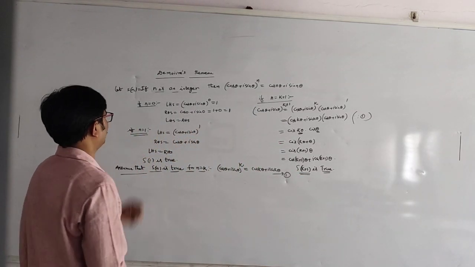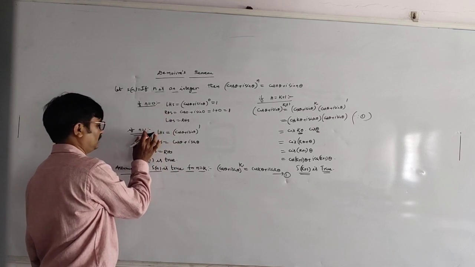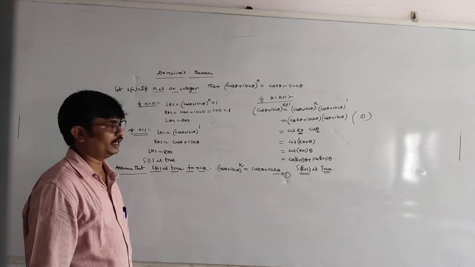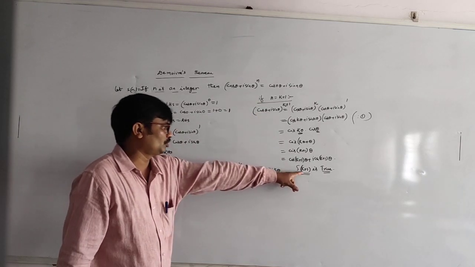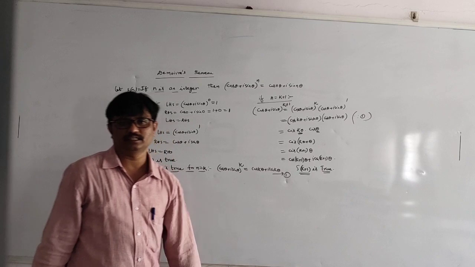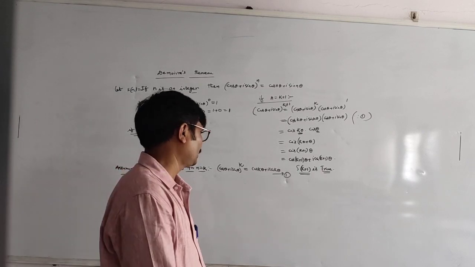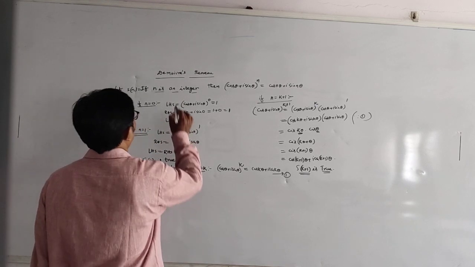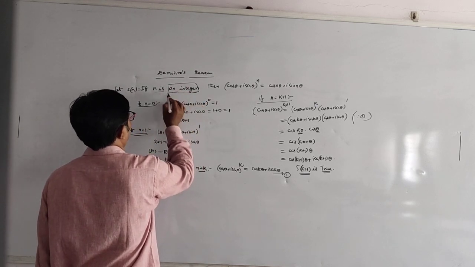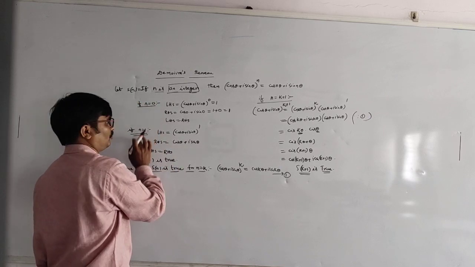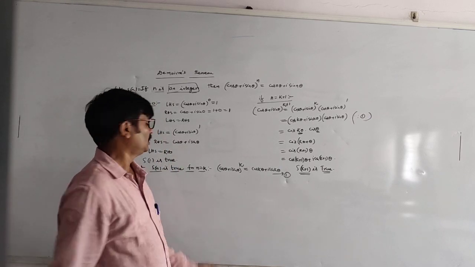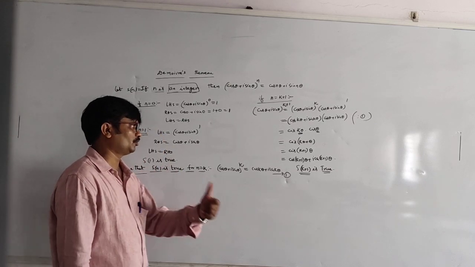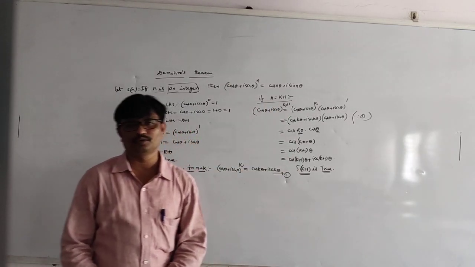So dear students, first we show that S of n is true for n equal to 1. Assume that S of n is true for n equal to k. Now we show that S of k plus 1 is true. S of n is true for n equal to k plus 1. In first year we know that for n is 1. Assume that for n equal to k, we have to show that n equal to k plus 1.